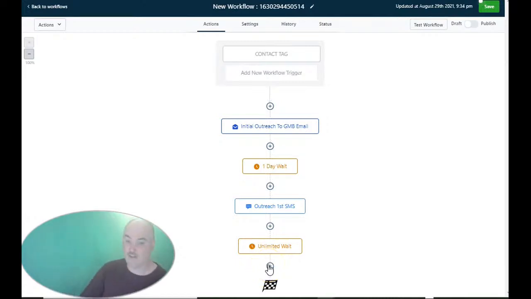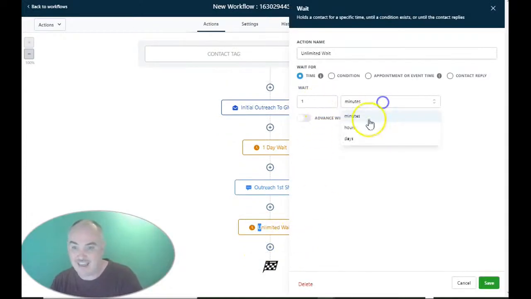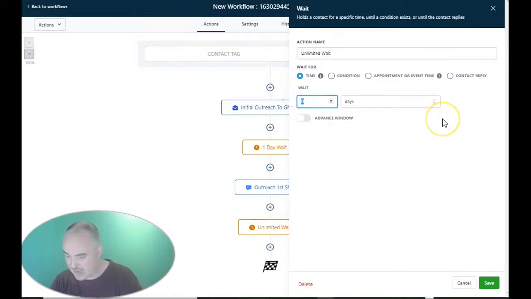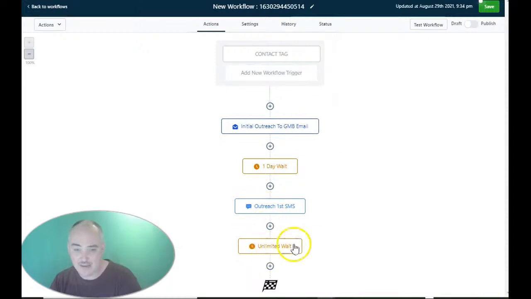text message, whatever. But you want to make sure that you have an unlimited wait step at the end that has a lot of days, so that if you decide to go ahead and put something else at the end, they will all be waiting here for you. Because if you delete this step, everybody that's ever been in this workflow disappears